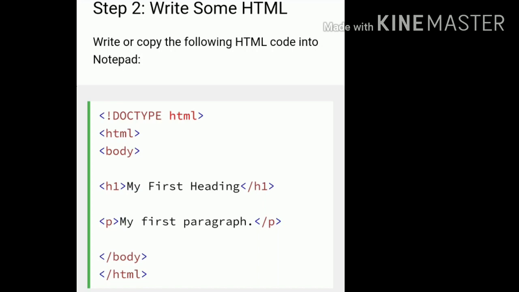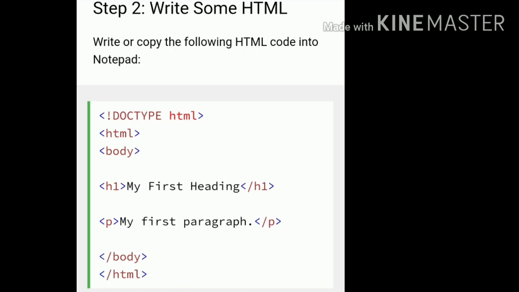First, type the less than symbol, then doctype html. Then the html tag and body tag.